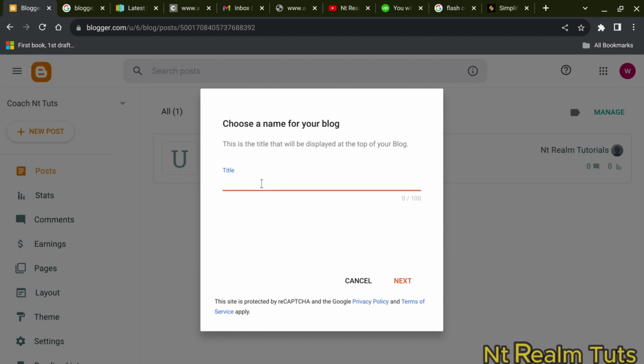So you have to give a blog a title. So let's just say that we can just use Coach Interiors, or just Coach Institute, and then you tap on next, and then you enter your address. Your address should be unique, so you just have to be creative and then just bring out some applicable address. So let's just say that